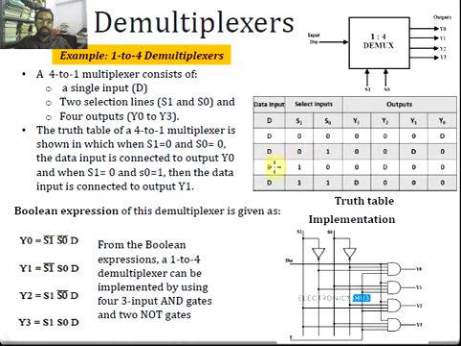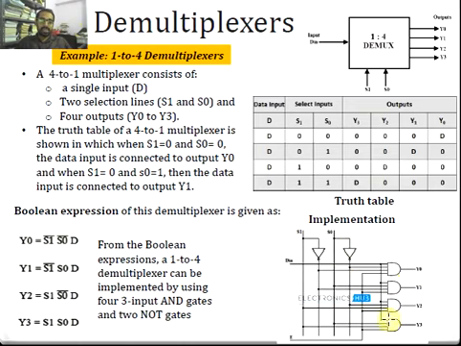Similarly we can construct the other two outputs. Y2 is high for S1 equal to 1 and S0 equal to 0, and this one is enabled. For Y3, the output will be D when S1 is equal to 1 and S0 is equal to 1. The corresponding boolean expressions can be constructed based on this, that is Y2 is S1 dot S0 bar dot D, and Y3 is equal to S1 dot S0 dot D. And this can be implemented using the corresponding logic gates, and this is the logic diagram for a 1 to 4